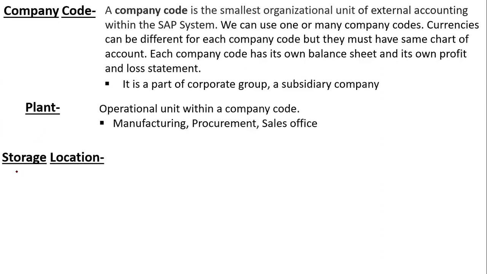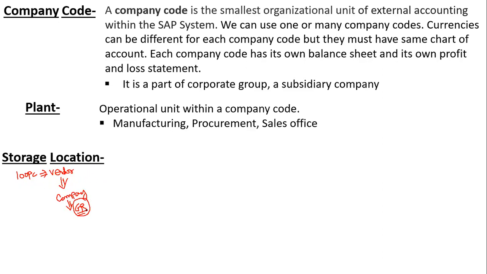Suppose I have ordered 100 pieces of material. So the vendor supplies these 100 pieces to the company, and the company does goods receipt for that. What does goods receipt mean? We check whether the quantity we ordered and received is correct or not.